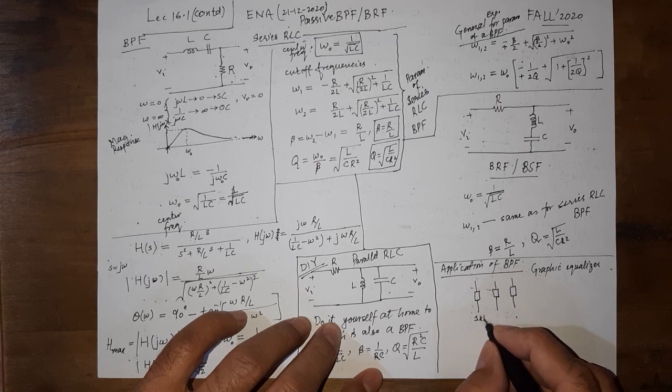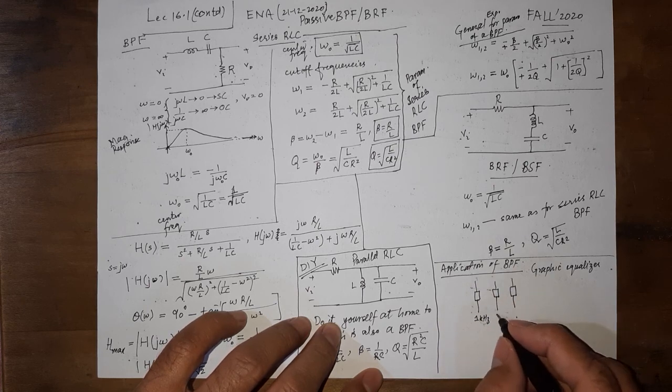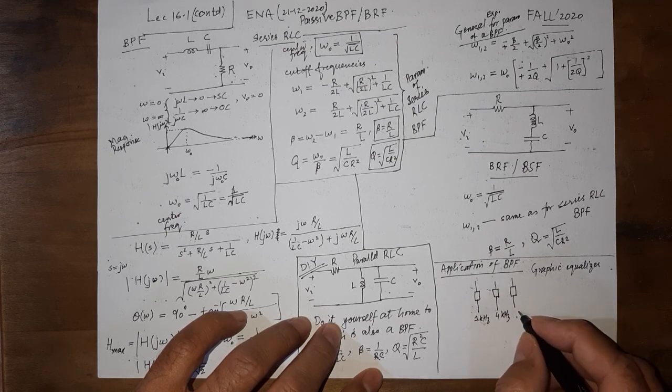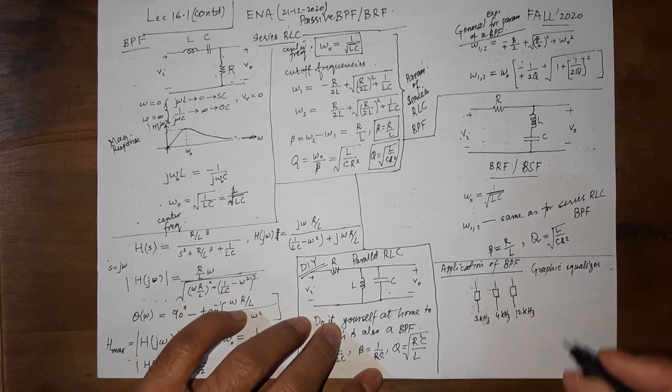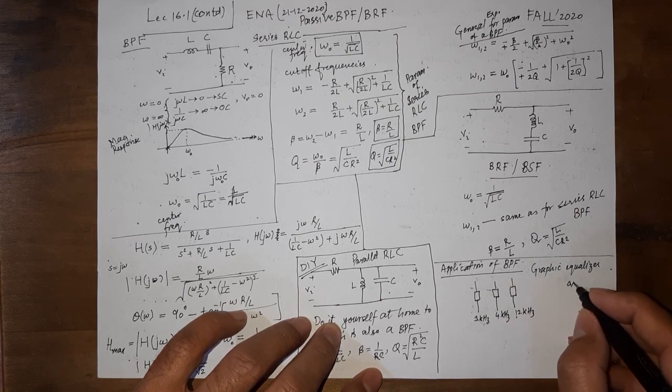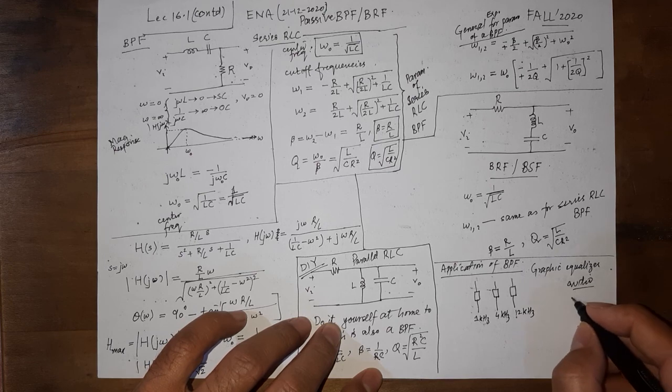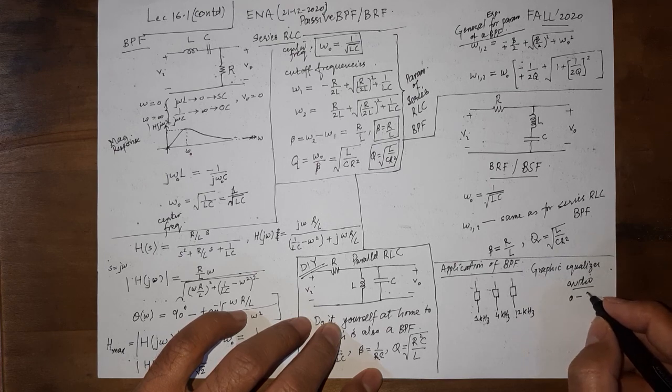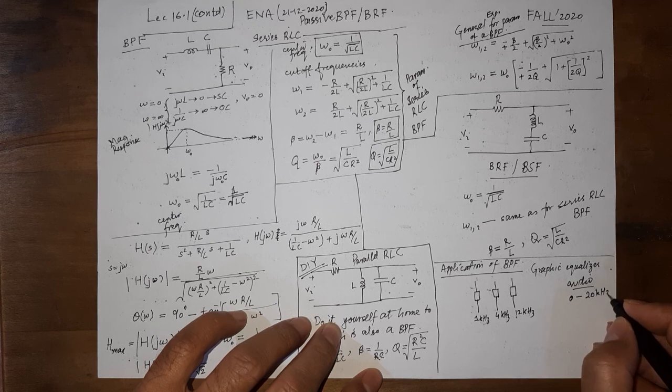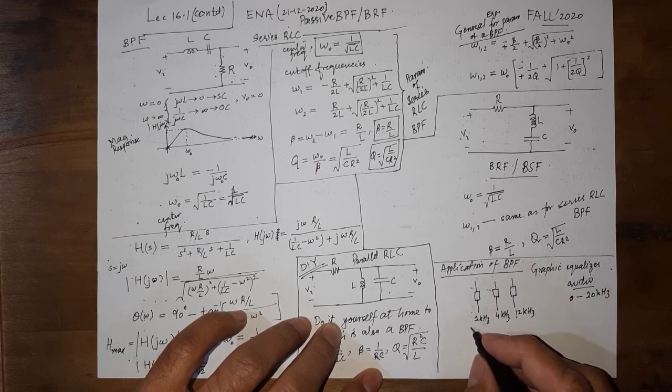For example, we have this slider tuned to a center frequency of 1 kilohertz, this one at a center frequency of 4 kilohertz, and this one at 12 kilohertz, and an audio signal usually has a range of 0 to 20 kilohertz, and you know that human speech takes up